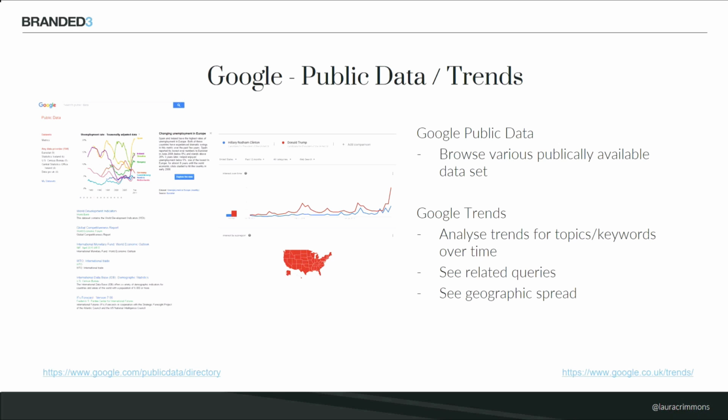So we can look at a piece done recently on what Europeans think of Brits. They did that by looking at Google Trends data and then looking at the associated queries that people in France were searching for about Brits. And again, you can also see geographic spread, so you can see worldwide where people are talking about a particular topic, or like for this one, which I think I've put for Clinton versus Trump, look at it in terms of states and where they're talking about each candidate.